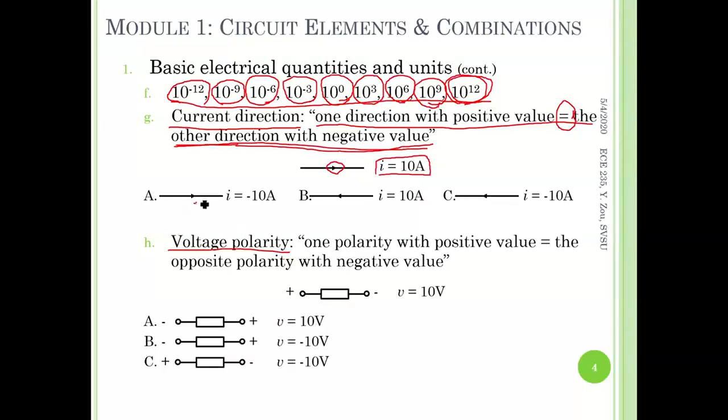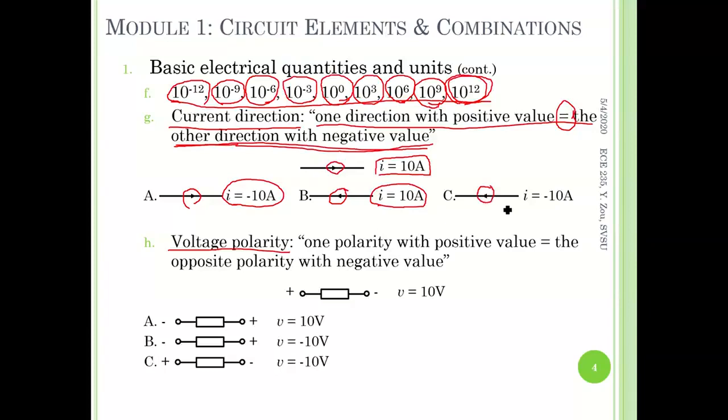A, the current from left to right with current value of negative 10. Obviously, this is not right, not equivalent. B, current from right to left with positive 10 ampere as current value. No, not equivalent either. How about C? C is